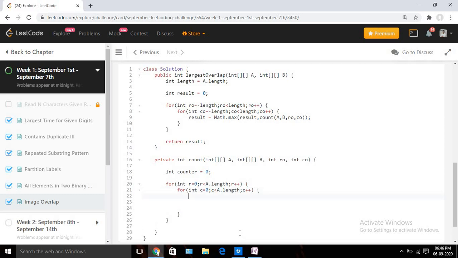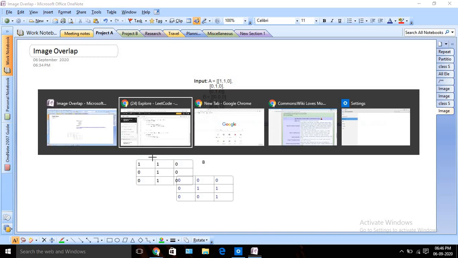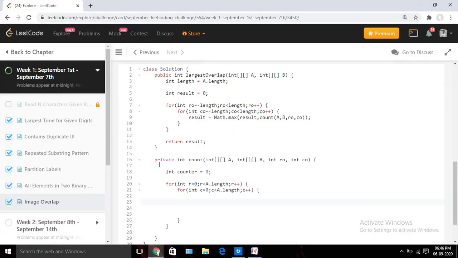Now I need to check the value. We can't compare these two values directly, since with a negative index it will throw an array index out of bound exception. So we should not consider those scenarios; we should check the boundary conditions.